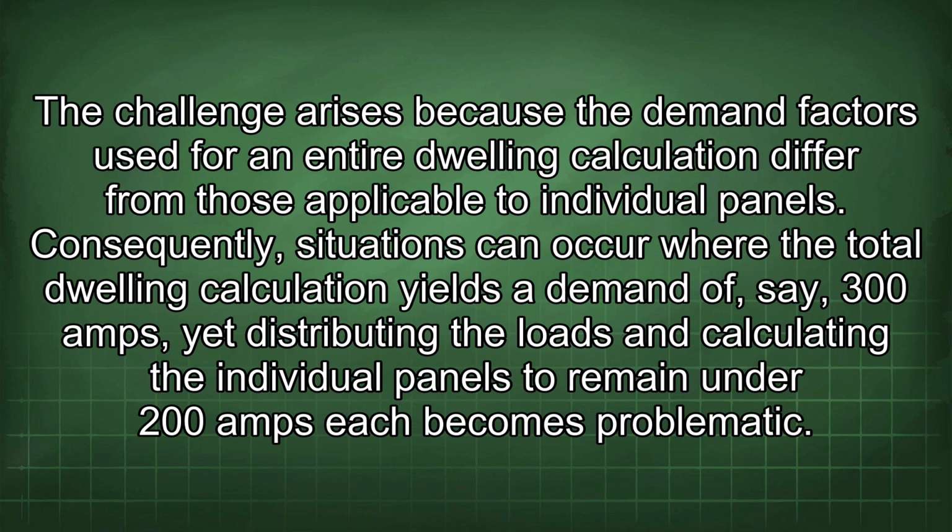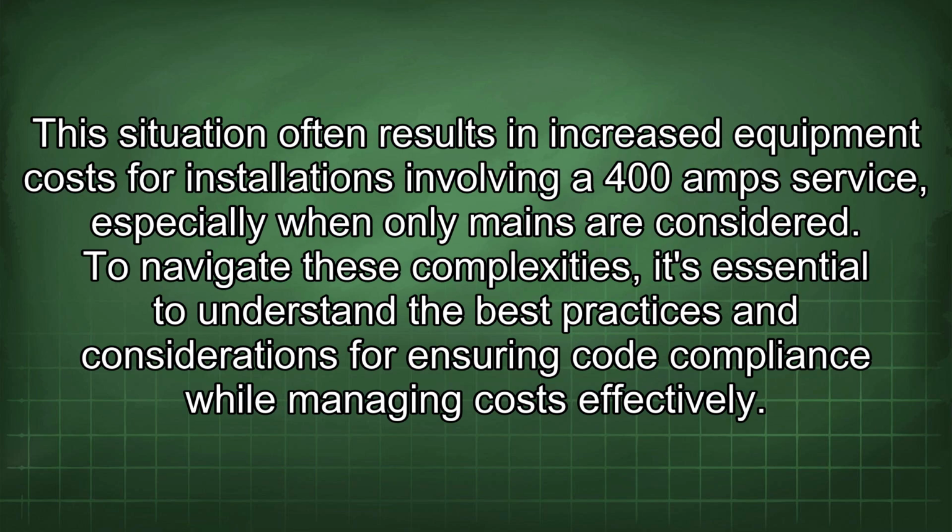Consequently, situations can occur where the total dwelling calculation yields a demand of, say, 300 amps, yet distributing the loads and calculating the individual panels to remain under 200 amps each becomes problematic. This situation often results in increased equipment costs for installations involving a 400 amp service, especially when only mains are considered. To navigate these complexities, it's essential to understand the best practices and considerations for ensuring code compliance while managing